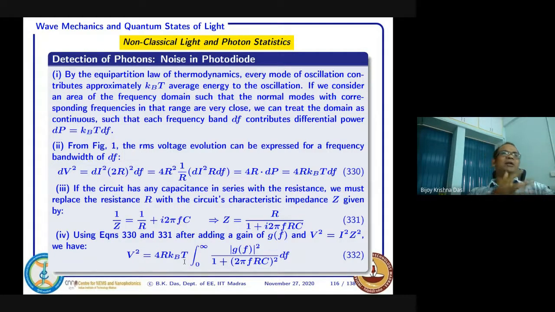How to do that? Any material you will have resistance. Anything you connect, there will be some certain kind of capacitance, even though that is small. So if you want to measure, that can be a photodiode, that can be any detection type, any superconducting detection, everything. So this noise invariably will be there because it is a conductor, and for a superconductor, the only thing is that we have to operate at lower temperature.